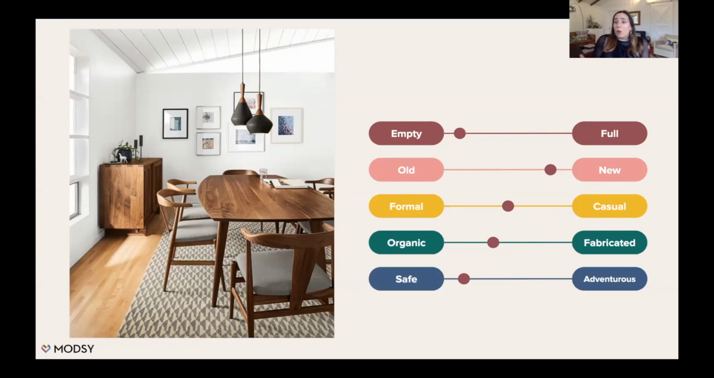It's not super formal, and it's not super casual. So it feels like a nice balance between the two, a space you could eat dinner in every day. It doesn't feel too stuffy or too uptight, but it also doesn't feel super bohemian or super casual. The organic and fabricated here, we're pushing it a little bit more towards organic because of the materials,